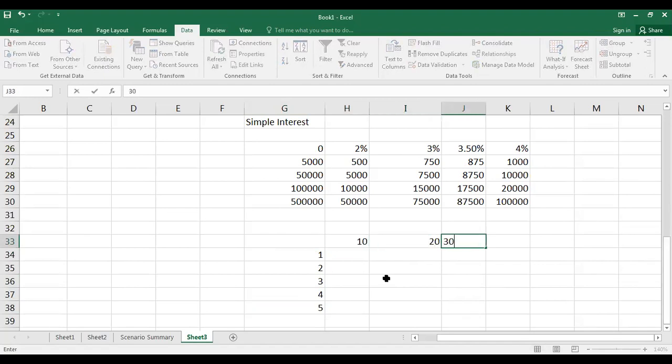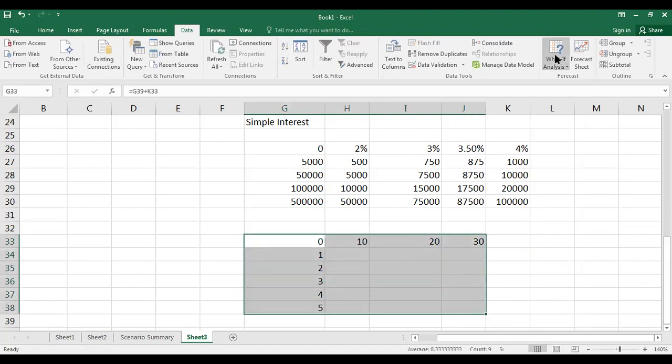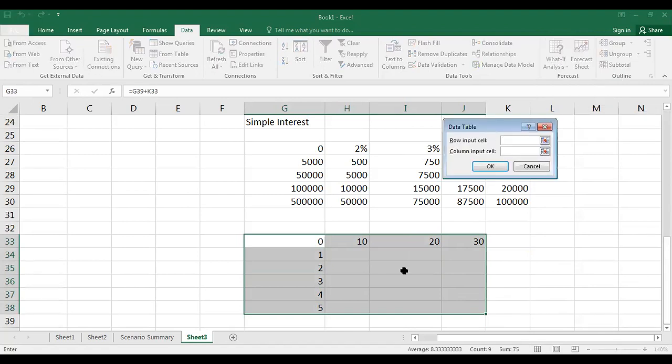If this is my table, now I take plus, addition, instead of multiplication. If I literally fill this, there is no real purpose, but still we are filling it.